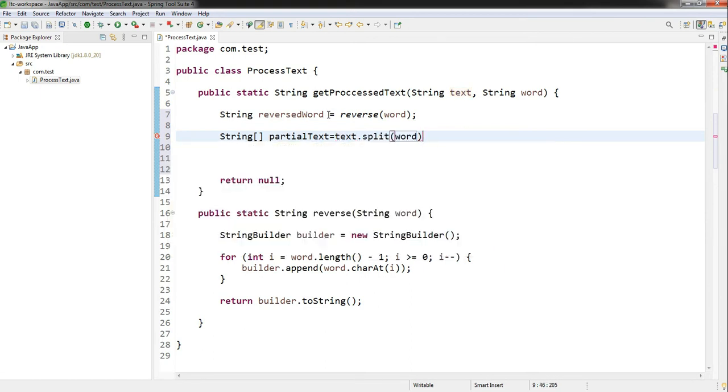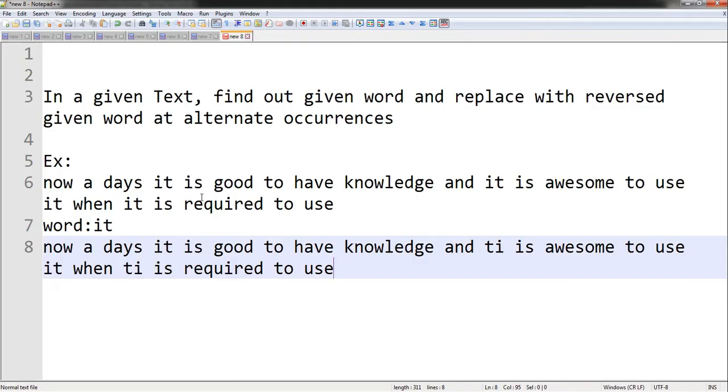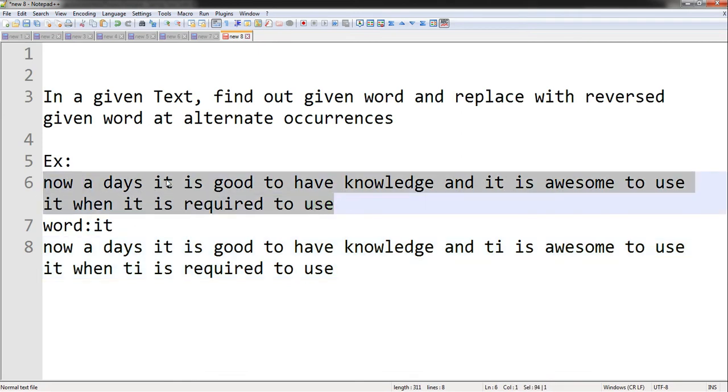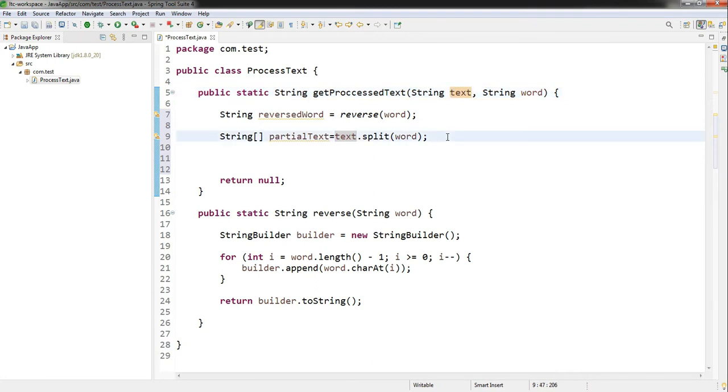I will split the text whenever that word occurs in it. So what I'm trying to do is, this is a text, and this is a word. I am splitting this text whenever the given word occurs. That's what I'm trying to do here.